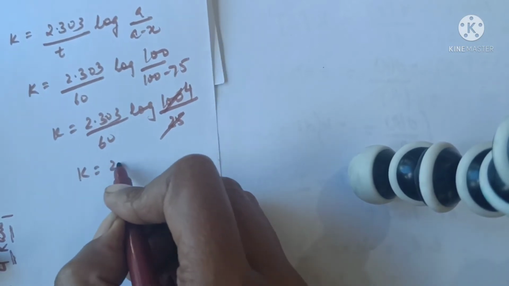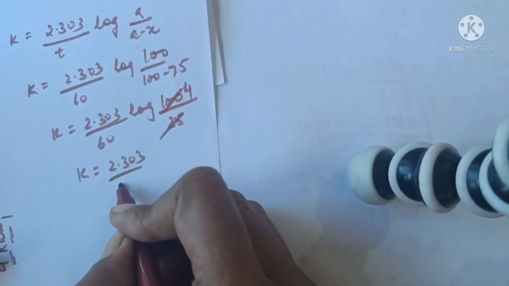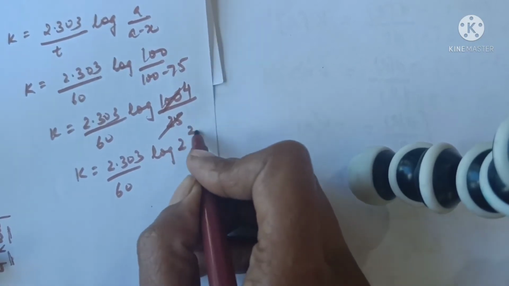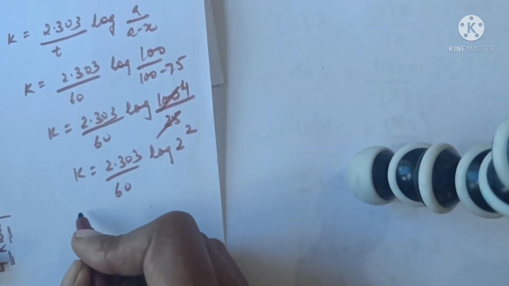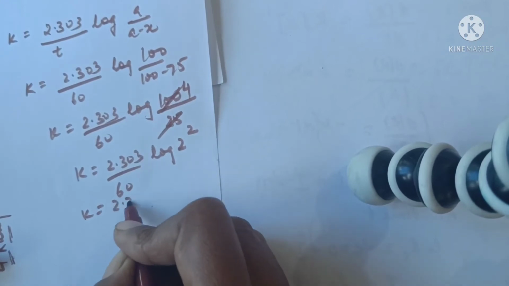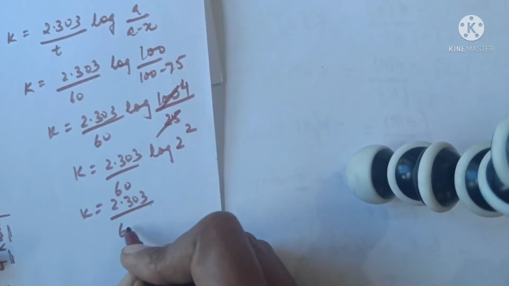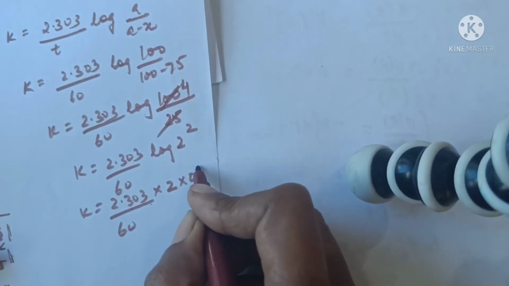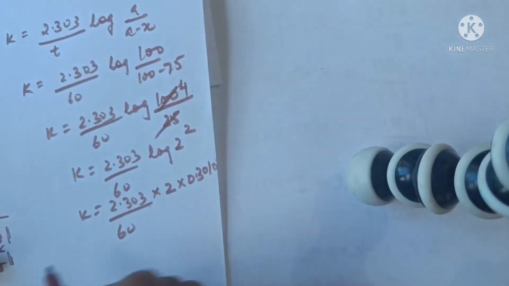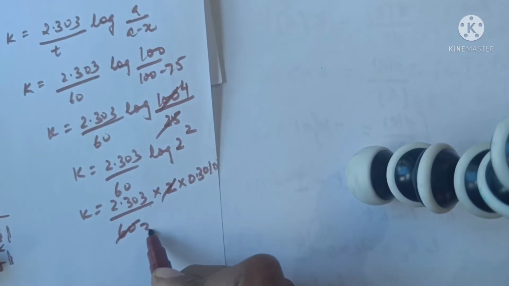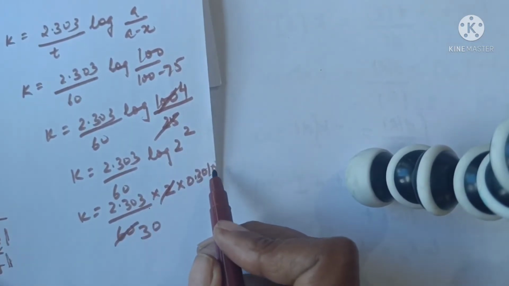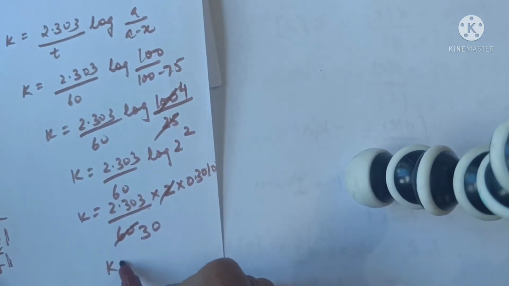So K is equal to 2.303 upon 60 into log 4, and 4 is 2 square, so it becomes 2 log 2. So we get K is equal to 2.303 upon 60 into 2 log 2, which is 0.3010. So 2 cancels out as 30, and we know that 2.303 into 0.3010 is 0.693. So K is